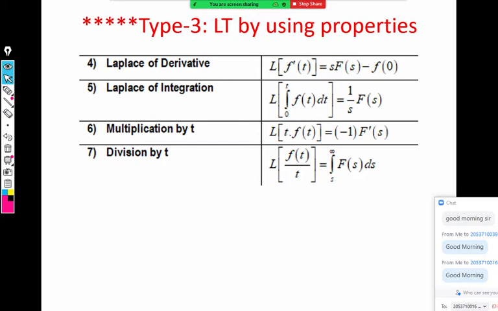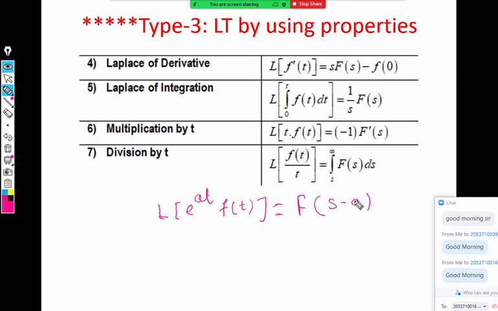Another property which we learned is the first shifting property, which is again one of the important properties that we have. Let me write that property. You tell me what is the Laplace of, if we have Laplace of e raised to the power minus at times f of t, then the answer should be: f of s plus a, not plus, now it is minus, s minus a, sir.